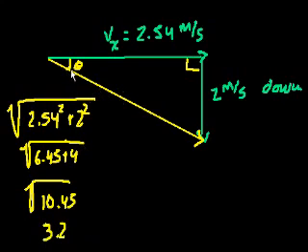So it's the resulting velocity in this direction, whatever angle this is, 3.2 meters per second. And I just used the Pythagorean theorem. So now all we have to do is figure out the angle. We could use really any of the trig ratios because we know all of the sides. So let's use one that you feel comfortable with. Well, let's use sine. So sine of theta